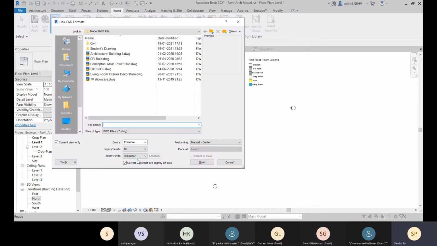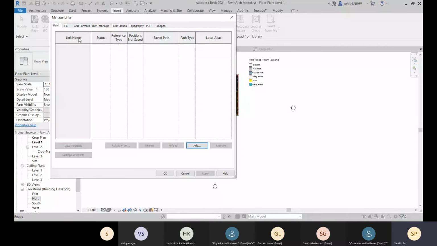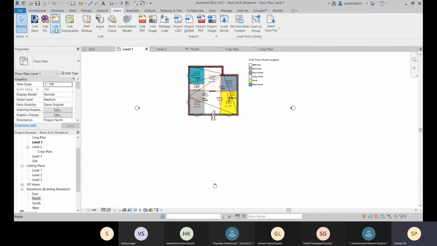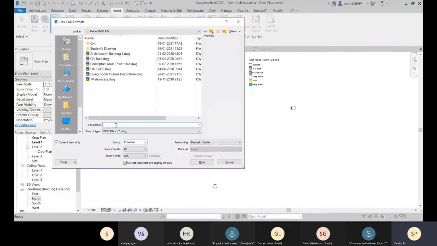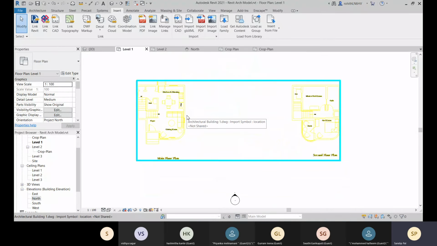This should be inches, I guess, the right unit. Let me see. Okay. Link CAD. Let's come to this. Okay. So let's place it, and